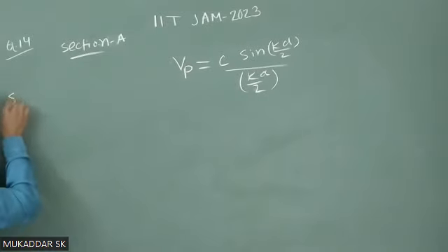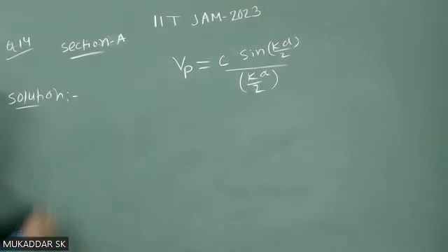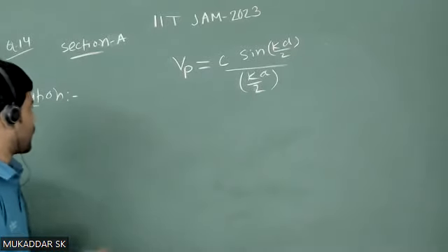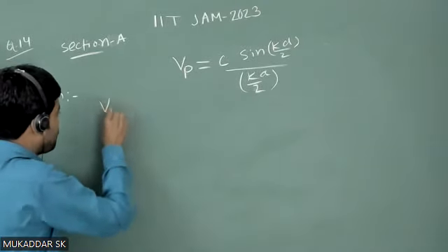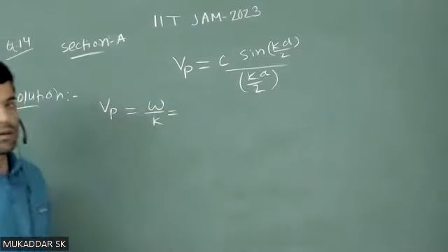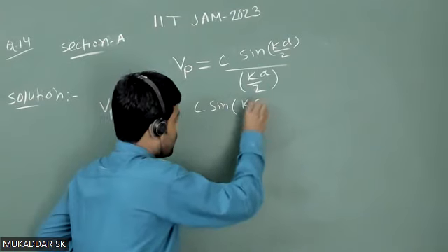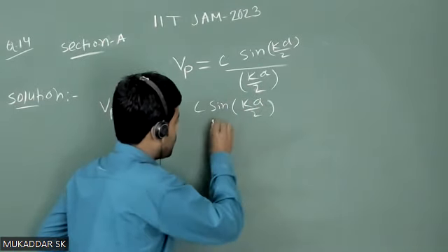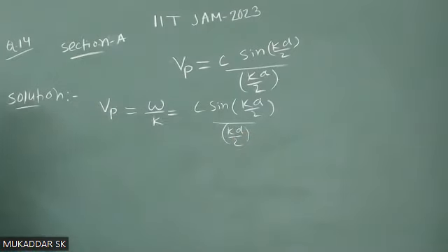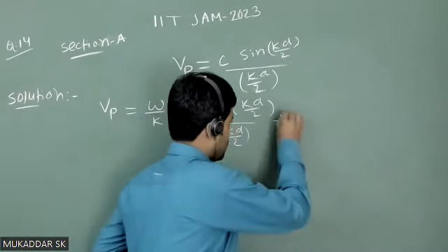So let us solve the simple question. There is a trick here also. As you know, the phase velocity of a transverse wave I can represent as Vp, which is nothing but omega by k, and this value is provided: c times sine of kd by 2 divided by kd by 2. It means, which implies that